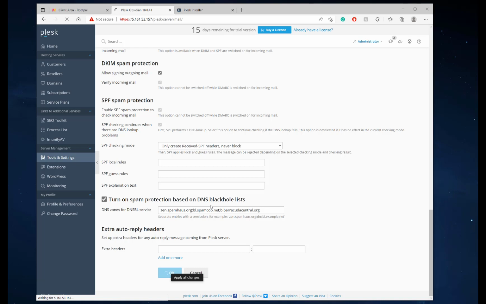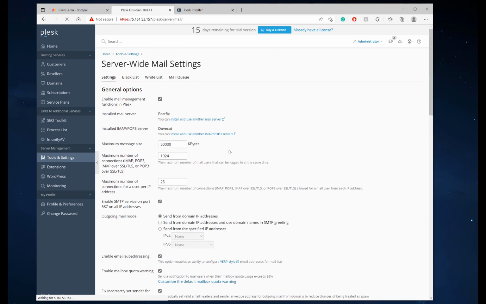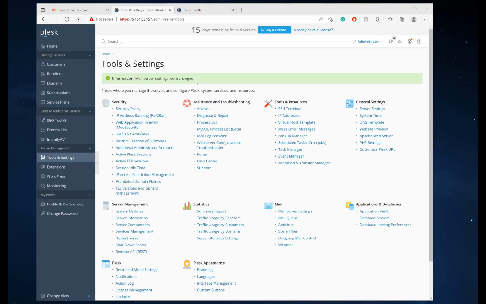And it's going to take a second to load because it needs to restart the services, postfix and other services for the mail. So it just saved, and then it says the mail server settings were changed. So now we're going to go